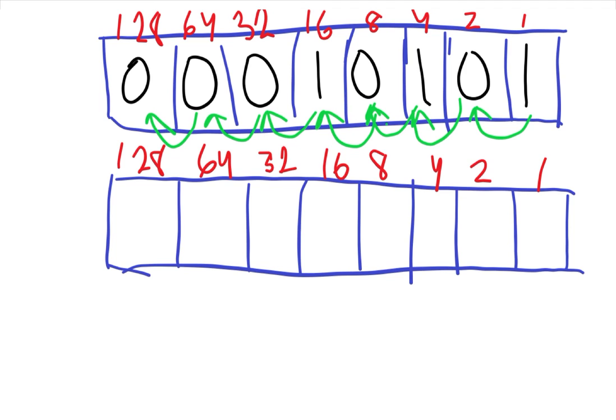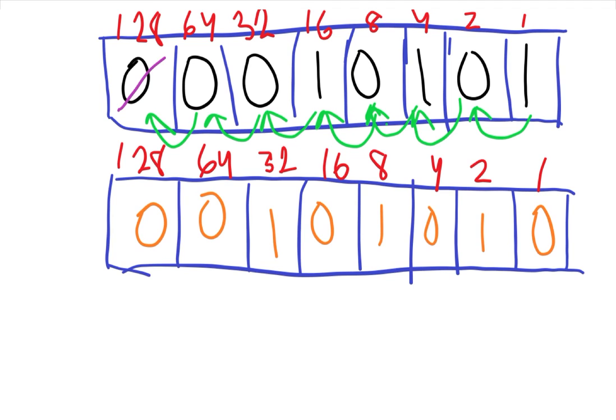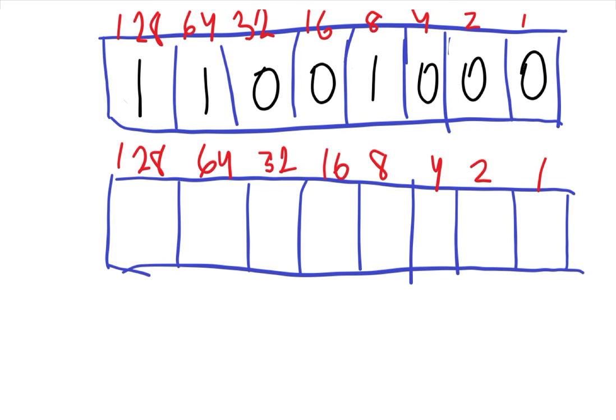And this would give us 0, 1, 0, 1, 0, 1, 0, 0. We can see that one value from the original number from the left is deducted and one value to the right is added. Now we have another example, but this time we're told to shift the bits in this register